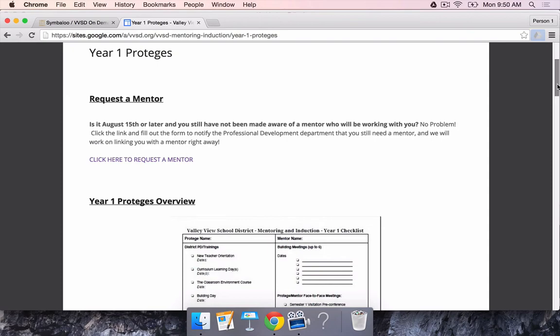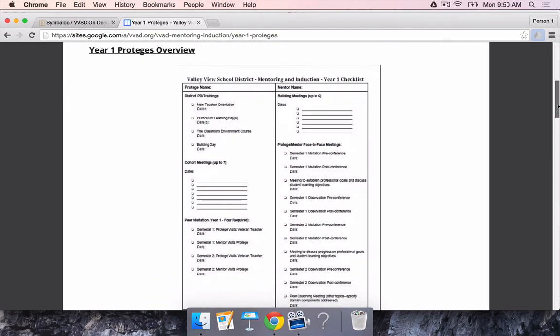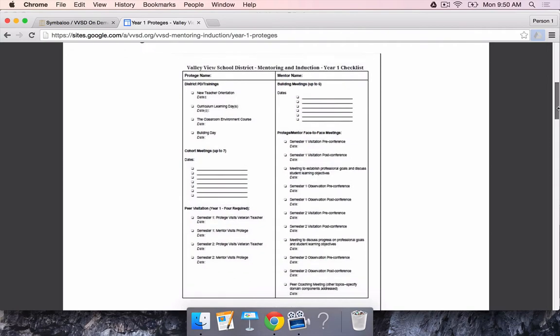Scroll down a little bit to Year 1 proteges overview, and there's a page here which gives you all the information. It's an overview, and you can print it out kind of as a checklist to make sure that you have completed the requirements of the Year 1 program.